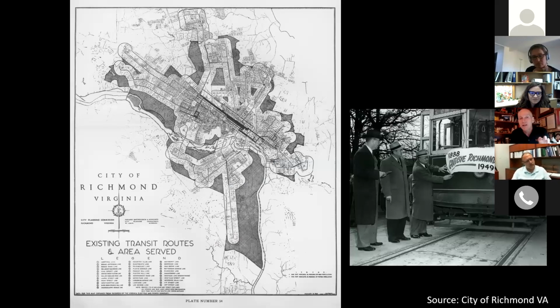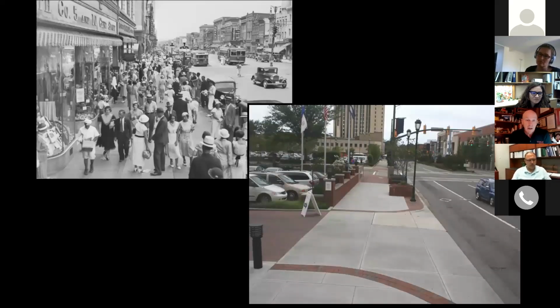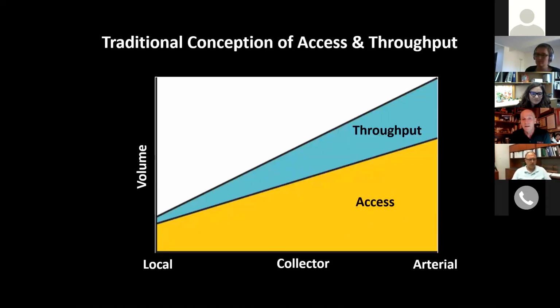And so the whole city is pretty well white, which means it's like a whole transit-oriented development, until 1949, when they decided to get rid of all of the transit infrastructure, all of the trolley lines. And so on the left, you see the beautiful arterial street with all the social and economic exchange, all the pedestrians on the side. And on the right, you see what it looks like today. Absolutely barren sidewalks, and it's just a thoroughfare for motorists. And this pattern happened in city after city after city across the country.